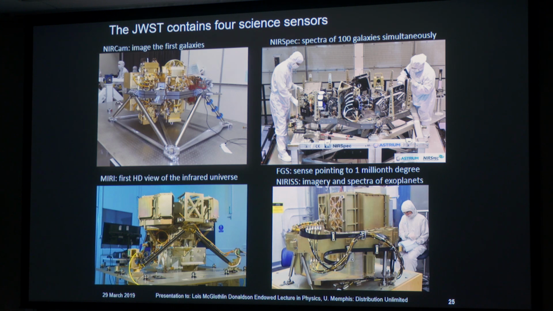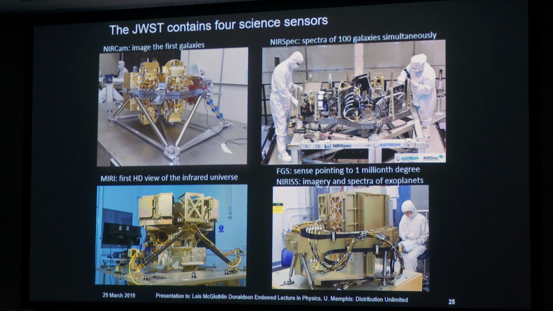That's also a first for us. This is the mid-infrared instrument. This will give humanity its first high-definition view of the infrared universe. You know, those beautiful photos that you see from the Hubble Space Telescope, those are UV optical light. We've never seen that fine detail or angular resolution, if you will, in the infrared. This instrument will open our eyes to the infrared universe and show it to us in a way that we've never seen before.